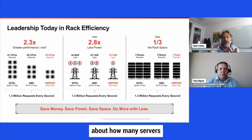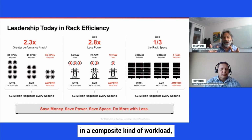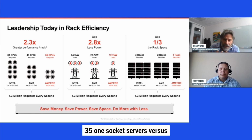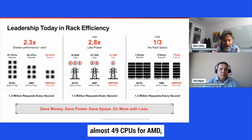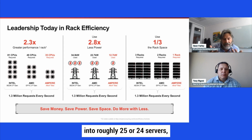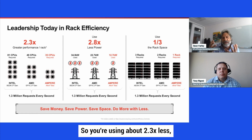Coming back to my question about how many servers it takes to process that video-intensive web service in a composite kind of workload, we're talking about using significantly fewer servers, in this case 35 one-socket servers versus almost 49 CPUs for AMD, which could be translated into roughly 25 or 24 servers in 2 sockets, right? Or 81, 40 servers for the Intel case. So you're using about 2.3x less,